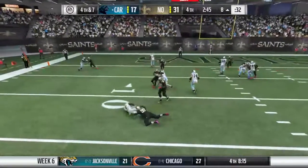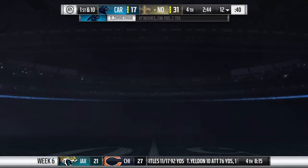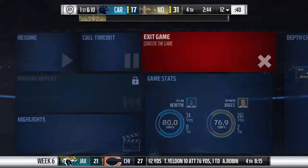Now a handoff here to his running back. They'll get neither the touchdown nor...